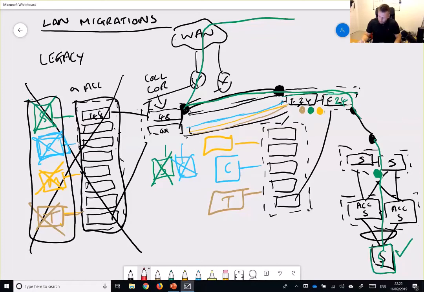We would then pre-provision, maybe not at that point, but we might have done it in advance. Let me just prune those VLANs off here as well, because they're no longer required over that trunk link. And that trunk link would just become a routed link at that point. Our next objective is to take this out of the equation because it's no longer required. And how we would do that is draw that first red line that I drew,